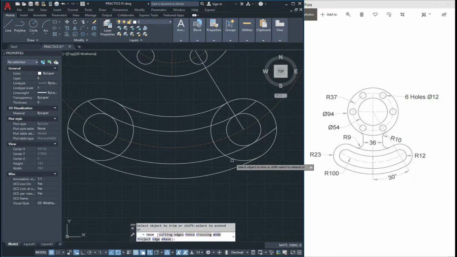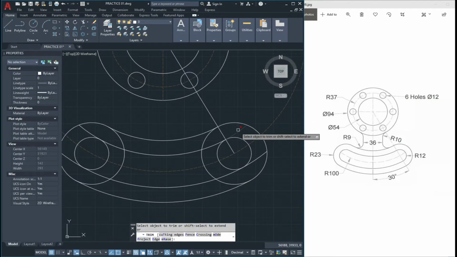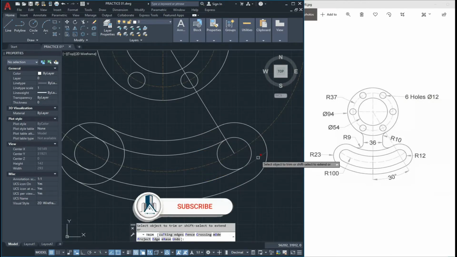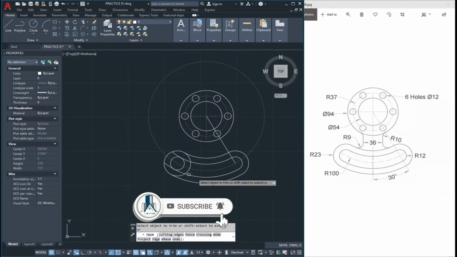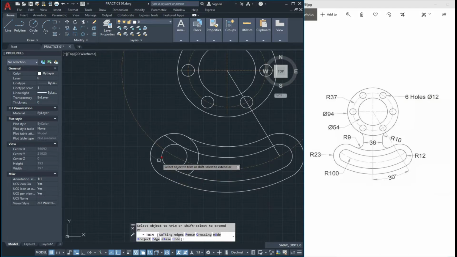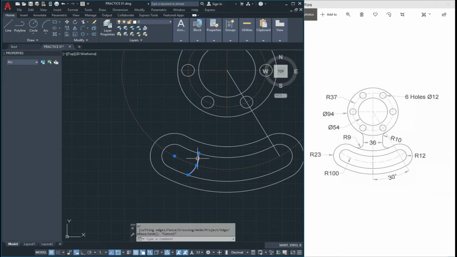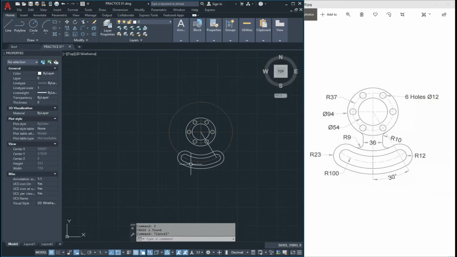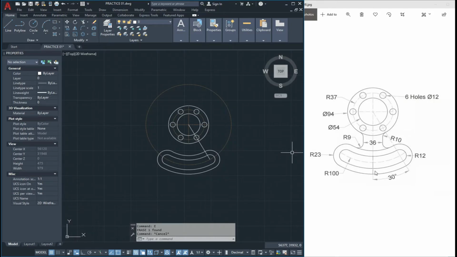With the TR double enter. Select this circle and delete it. So in this way we make this shape.